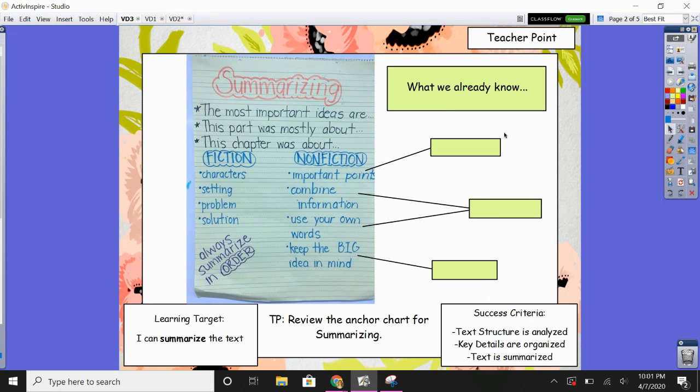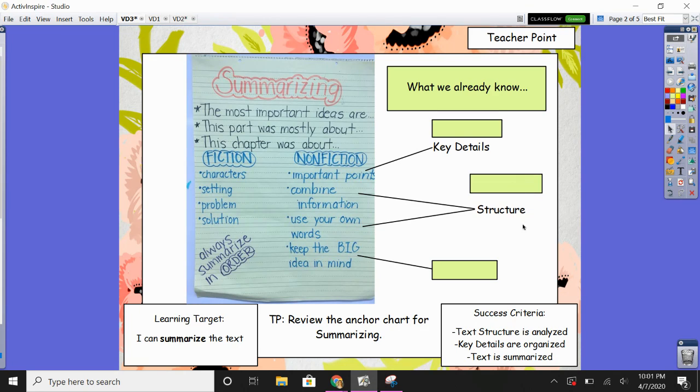Okay, we've talked about a few different words this week. I want you to think about those key details. Those are all the important points, all the important points we need to include. We talked about how those are the key to the main idea, and without those, the story wouldn't be the same. Okay? When we think about structure